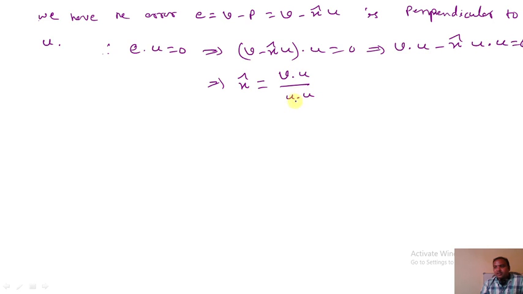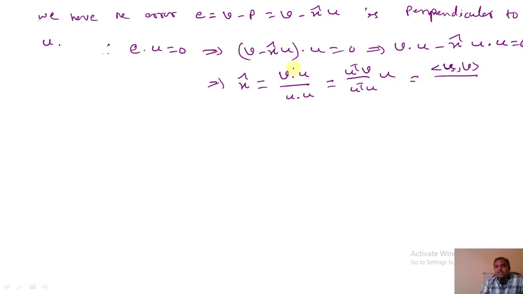This is v dot u divided by u dot u. Now, v dot u inner product, this one we can write another way also. This is u cross v divided by u cross u into u. Or you can write another way also: u cross v means that inner product, v dot u, comma, v inner product. U comma v inner product is the u cross v.